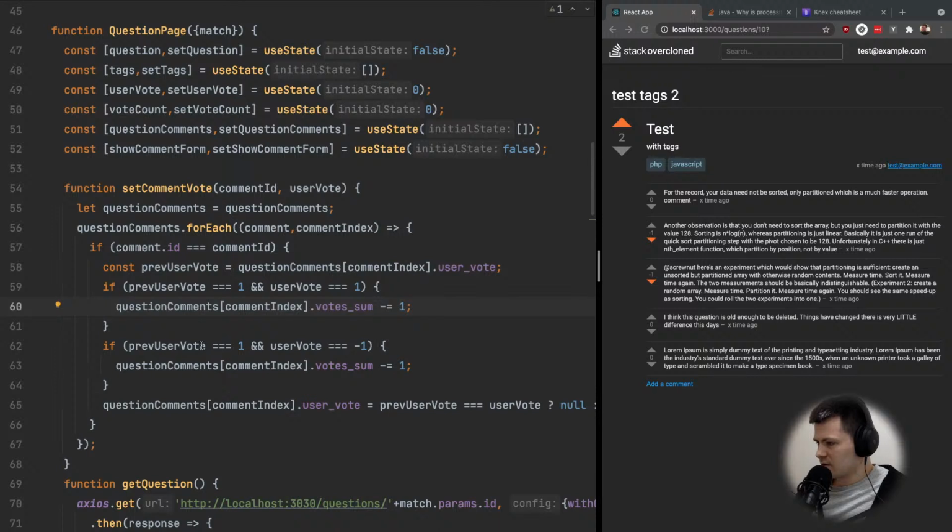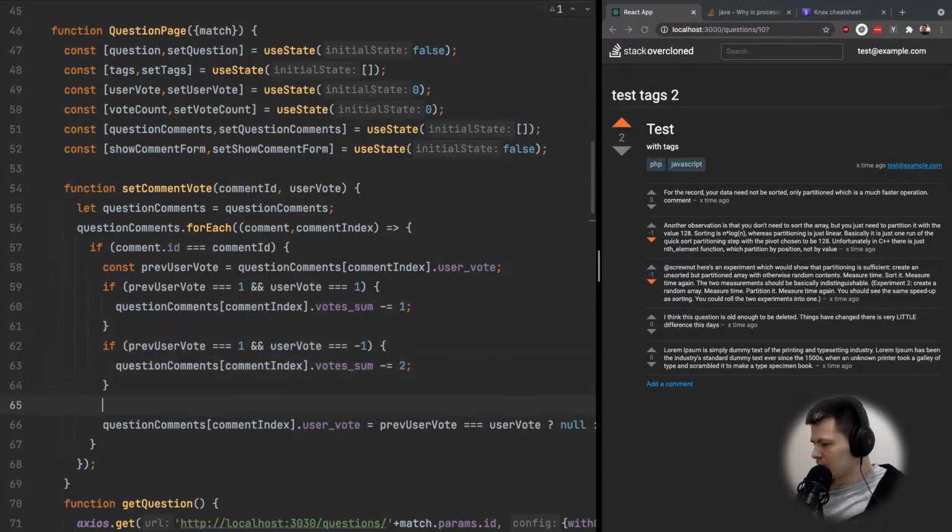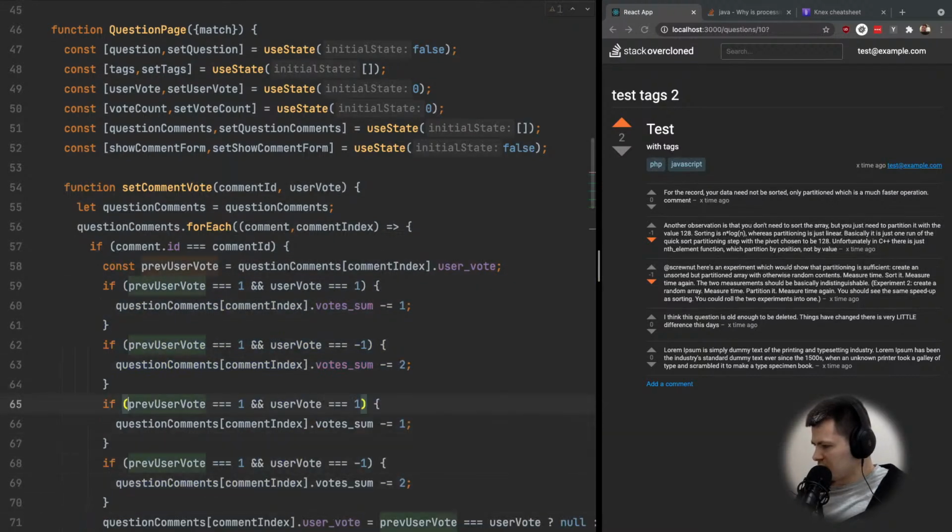Okay, that is correct. If the previous is 1 and the new is -1, then we do -2,